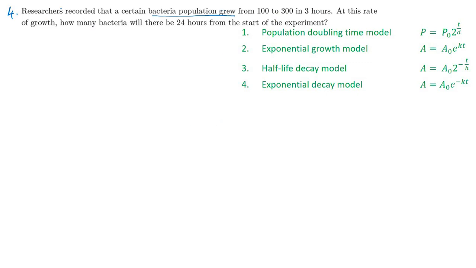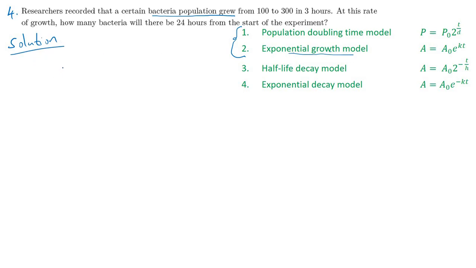Now you see here it is increasing. Do you see any word double here? There is no word double. So it is definitely the second one, exponential growth model. Remember this one. In the problem they did not use the word exponential, but still we know how to identify the model. So you know the model now. Write this, what are all the things given, substitute and get the answer. It's a new problem, we will see how it is.